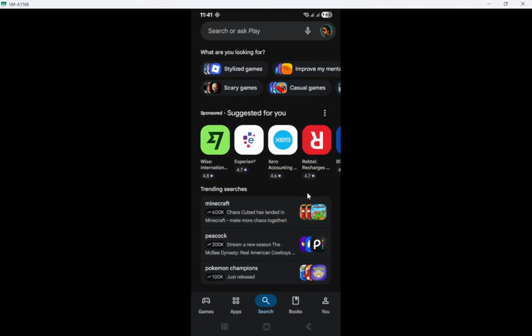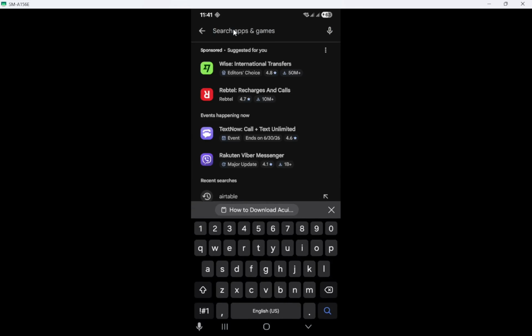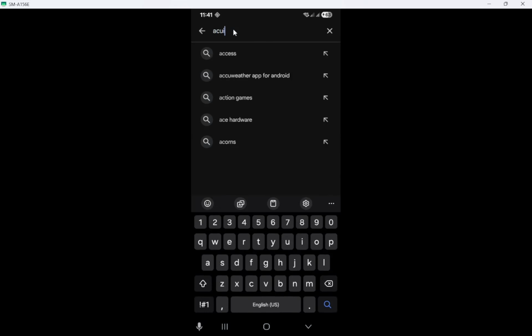First, we'll open the App Store on your device. If you're using an Android device, you'll want to open the Google Play Store. For those on an iPhone or iPad, you should open the App Store. This is your gateway to downloading apps and essential for getting Acuity Scheduling on your device. The App Store is where you'll find the latest and most trusted apps for your needs.